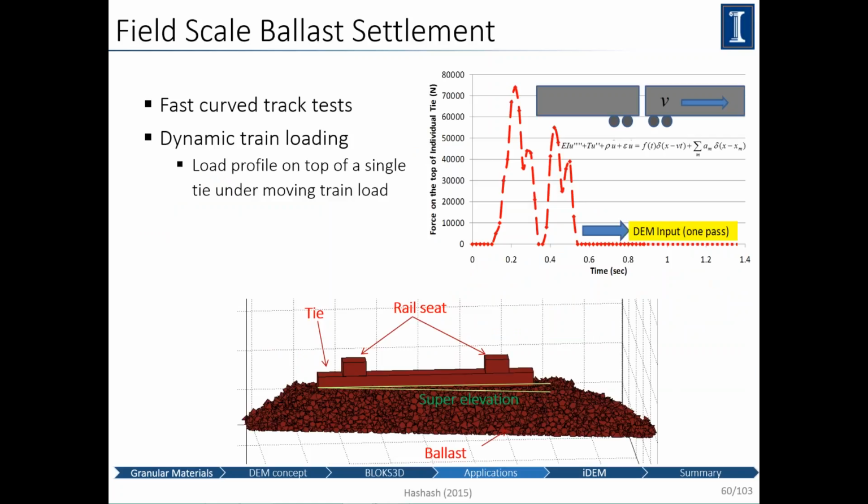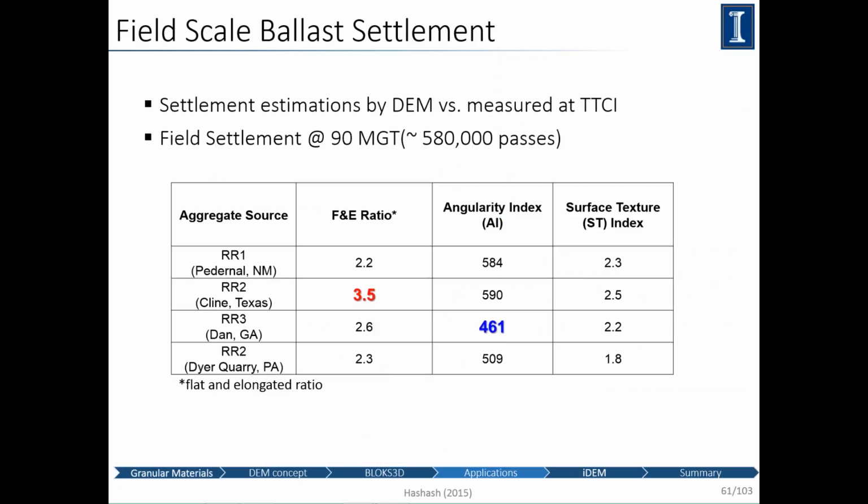So there were also some field scale ballast settlement tests that were done, and we could also reproduce those in a DEM. This is your railroad tie, the tracks, and you're concerned about the settlements due to repeated loading, and we could do these simulations, and again, they gave reasonable estimates of those. The problem sometimes we have is if you have too many cycles, this becomes computationally very expensive. It can take a long time to do the simulation, and we haven't always done that. We had to do some